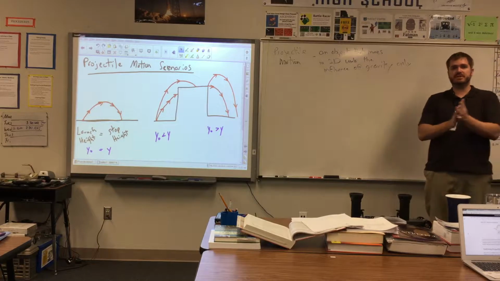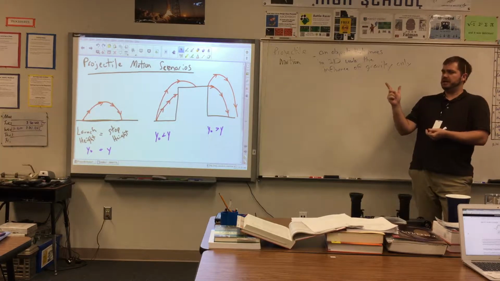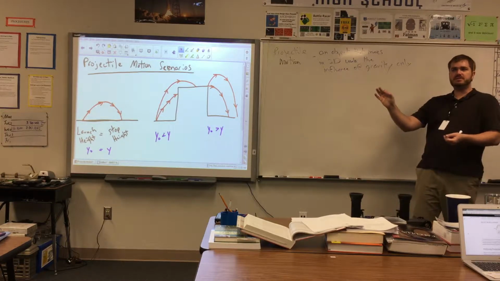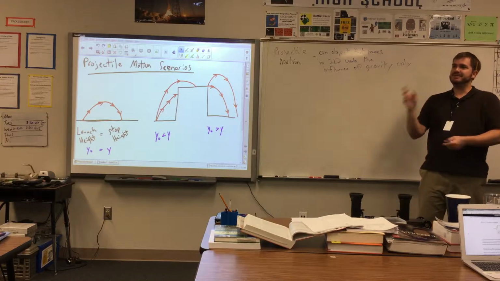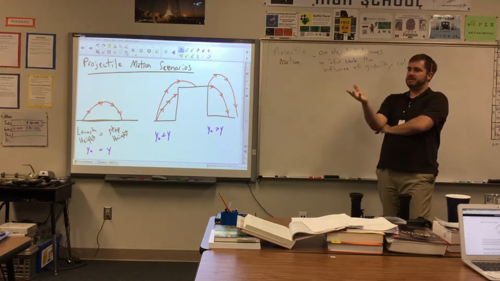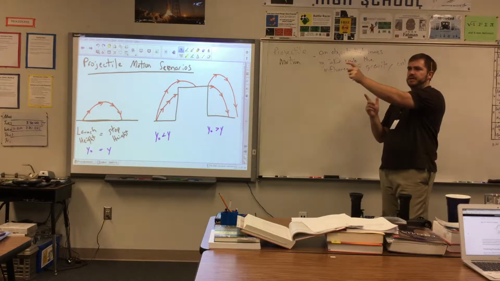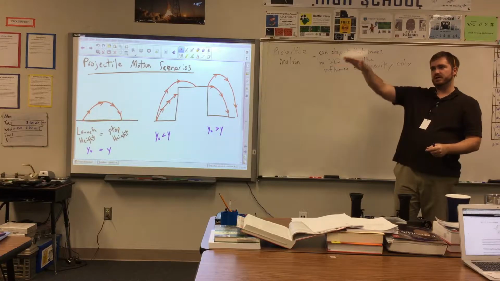Other situations for projectile motion? What if you fire a gun at an angle? Would that bullet be a projectile? Yes, projectile motion. That'd be a small arc. What were y'all saying? If you shot a bullet out of a gun? If you did it like this, then it'd be like that. But if you do it like this,